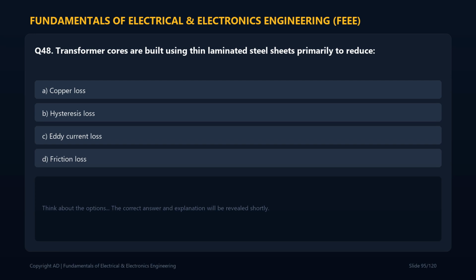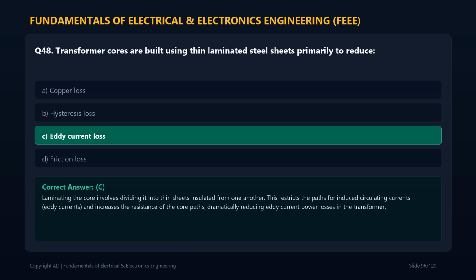Question 48. Transformer cores are built using thin laminated steel sheets primarily to reduce option A. Copper loss. Option B. Hysteresis loss. Option C. Eddy current loss. Option D. Friction loss. The correct answer is C. Eddy current loss. Core laminations divide the magnetic path into thin insulated sheets, which limits eddy current loops and minimizes